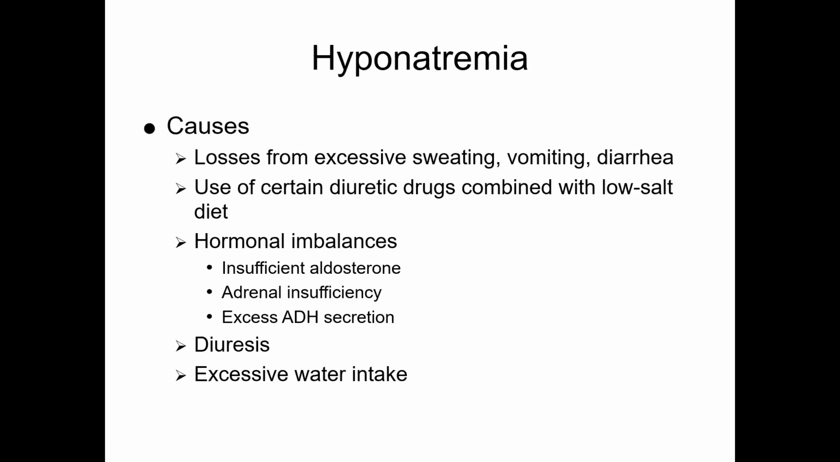Hyponatremia is a sodium concentration below 135 to 145. So that is the normal here. So below 135 milliequivalents. Sodium deficits can result from direct loss of sodium from the body or from excess water in the extracellular compartment, resulting in hemodilution. Common causes of hyponatremia are losses from excessive sweating, vomiting, or diarrhea. Use of certain diuretics, especially when combined with a low salt diet. Hormone imbalances, such as not enough aldosterone,